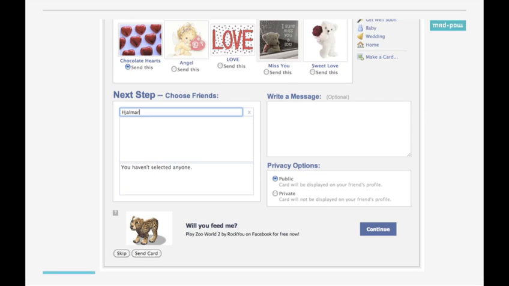A couple of years back, I wanted to send a Valentine's to my husband, because I'm a hopeless romantic. Okay, and I used this Facebook app, because I'm so romantic, to get this message across to my husband, okay. So I go in here, I load it up, I select the design, and then I enter who it is supposed to be addressed to. I write a message, and then I press continue. And an ad pops up, and I think, okay, it's an ad that I have to watch because I didn't pay anything for this Valentine's card, and then I don't think about it anymore. Except my husband never got the Valentine's.